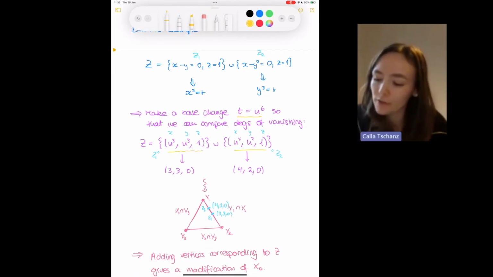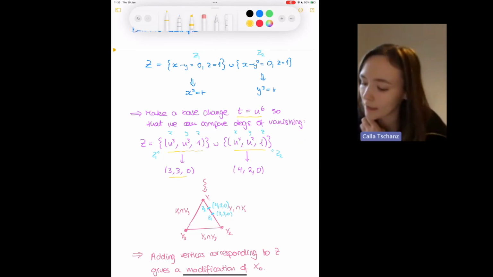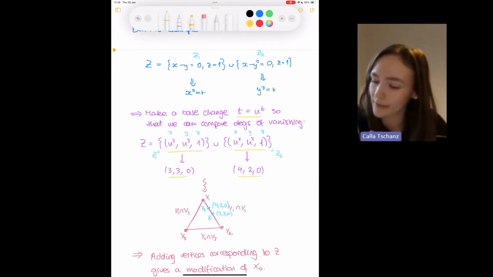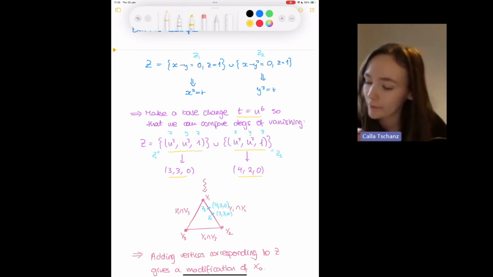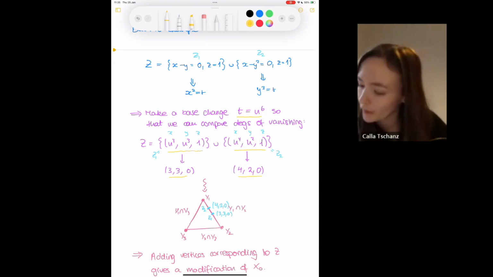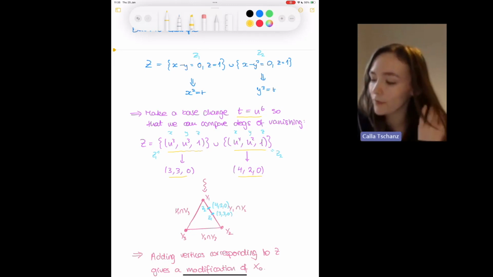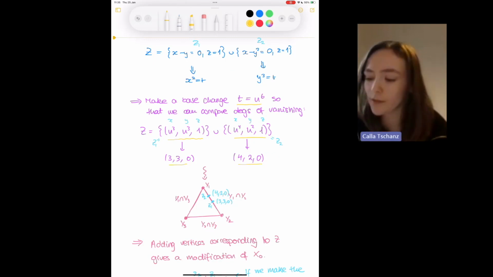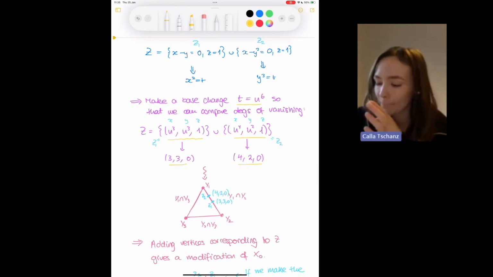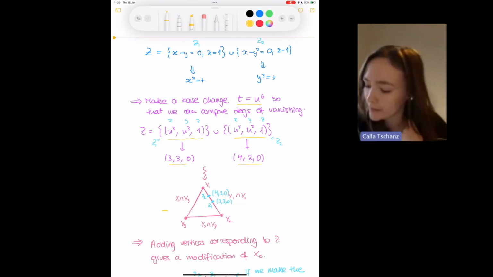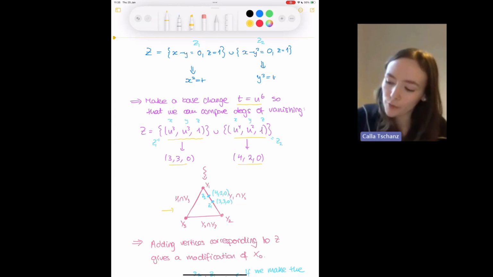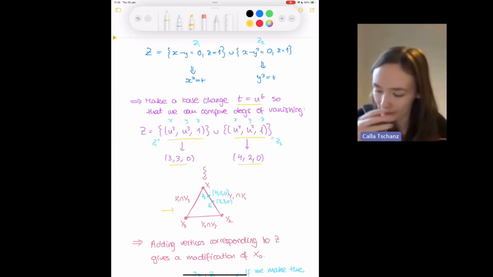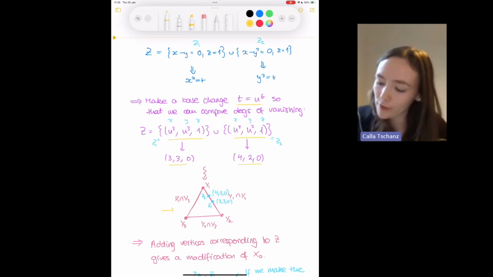Then I can write down these vectors, which are given by these powers that I have in this expression. And so we have 3, 3, 0 and 4, 2, 0. What we're doing with the base change is placing this triangle, the one we had in pink before, at an appropriate height inside the cone of the tropicalization of x so that the points 3, 3, 0 and 4, 2, 0 land on the triangle. That's all that we're doing.